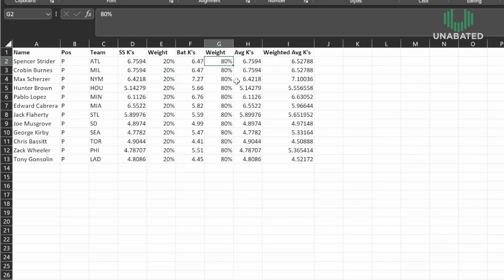So here we're going to say we're weighting BatX at 80%, and we're going to go ahead and weight SaberSim at 20%. Now, what you'll notice is that over here we have the standard average strikeouts at 6.7594. However, the weighted strikeouts is going to be 6.52788. Now, that doesn't look like a huge gap, and it's really not that big of a jump,